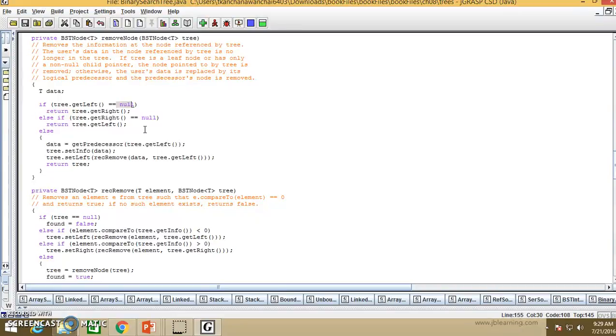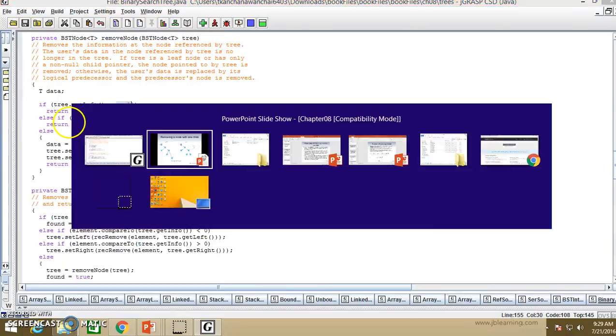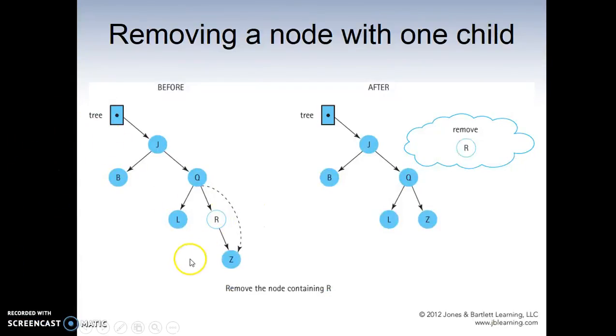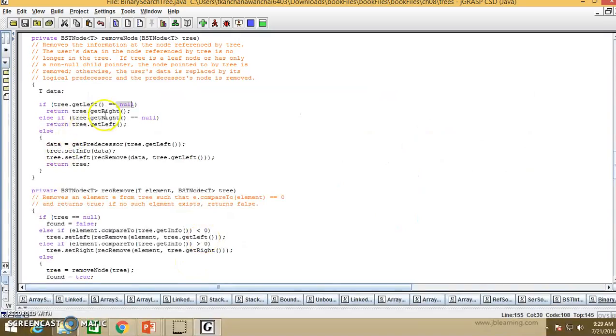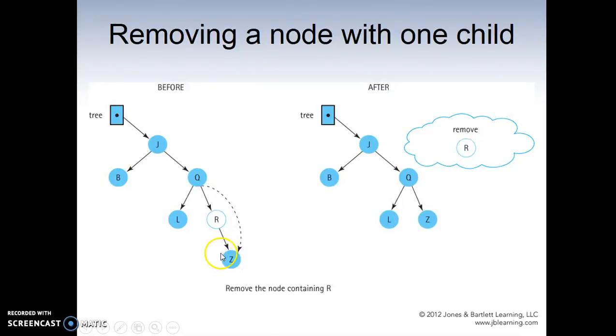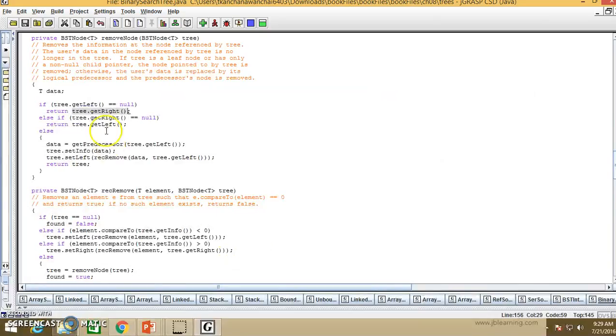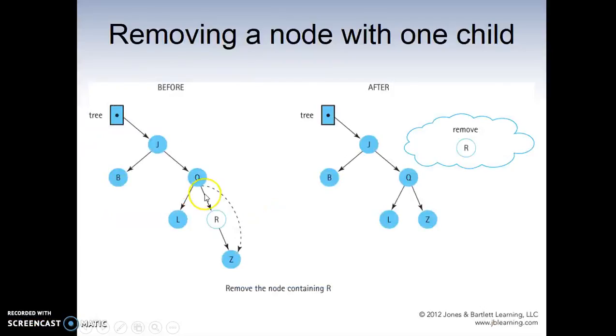If it equals null, then this node doesn't have a child to the left. In that case, that means this node has a child to the right, because we're checking for a node with one child, right? So that's why we return getRight back. So return that back to where? To the tree.setRight. In this scenario, Q set